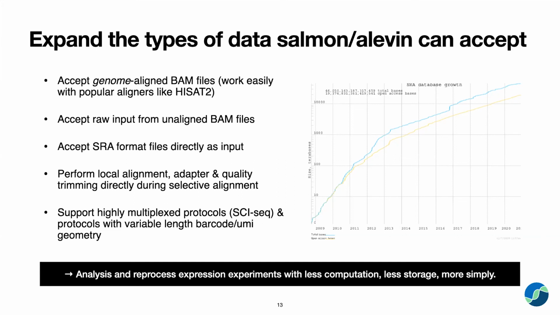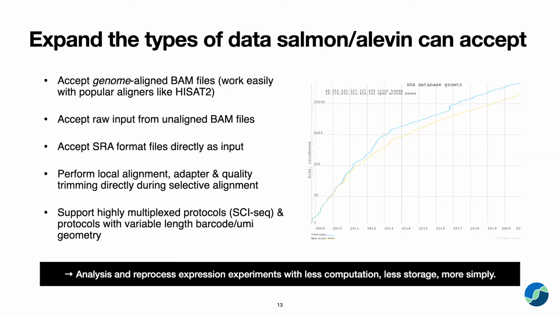So, for example, we are going to implement reading from genome-aligned BAM files, rather than having your reads aligned to a transcriptome. You can align your reads to the genome. This allows you to reuse alignments that you may be using for other things like transcript assembly or variant calling, accepting input from unaligned BAM files, reading files from the NIH SRA, the Sequence Read Archive, directly,